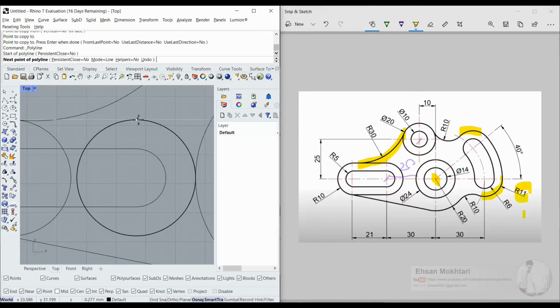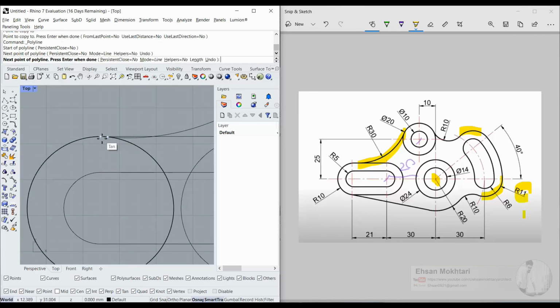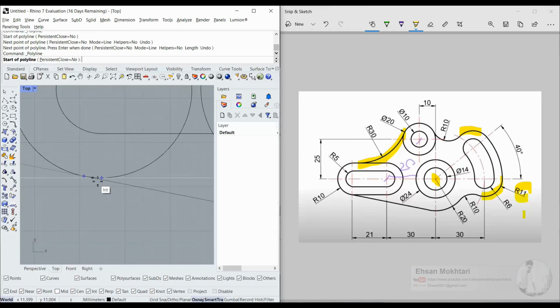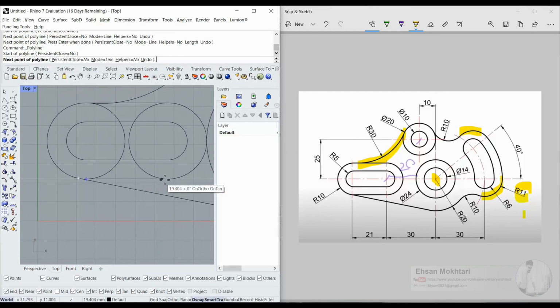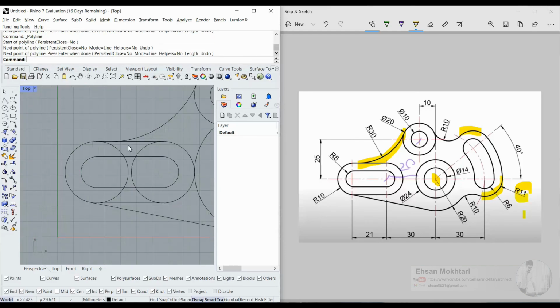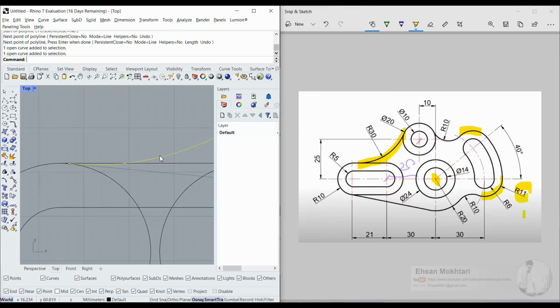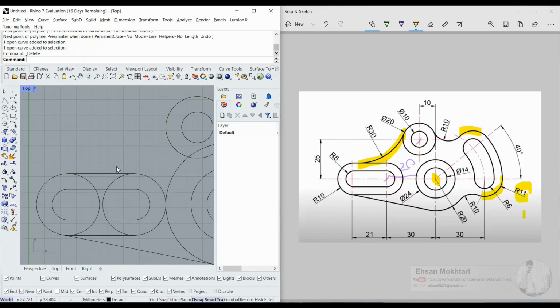Then we have this quadrant and we have this quadrant. I think this one is not connected to that point, or maybe this line is not connected. So if that's the case,